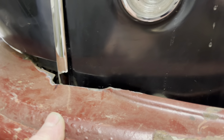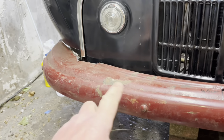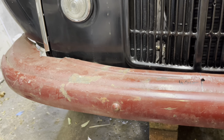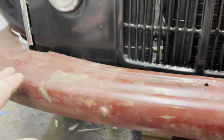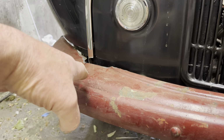Now this will come up, see it closing up the gap. The other side will come down a little bit as well, but I did notice earlier that this end of the bumper was actually twisted because it was facing downhill as well. So I've got it in the vise, and I've bent the bumper iron behind to effectively lift this back up, because this was pointing way down. So